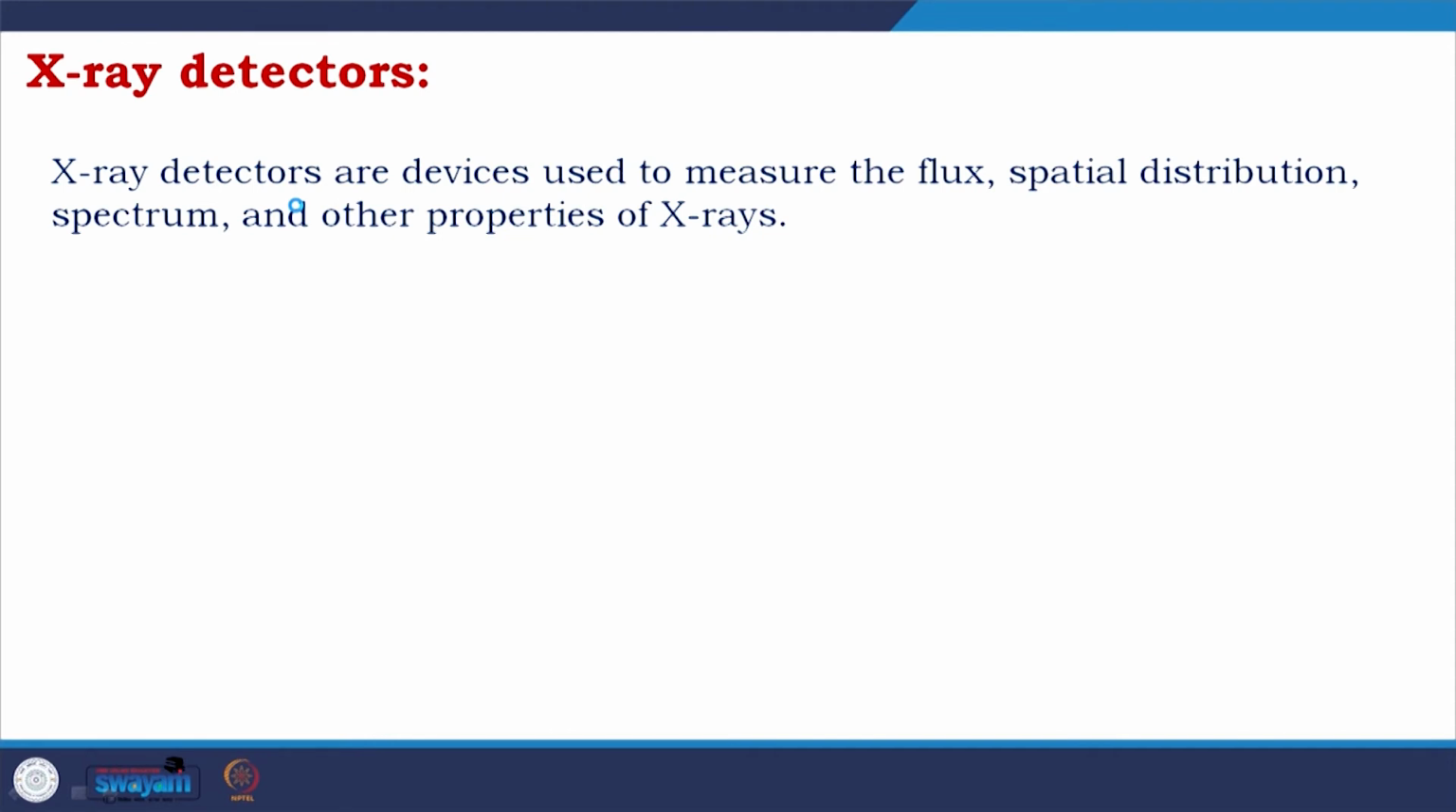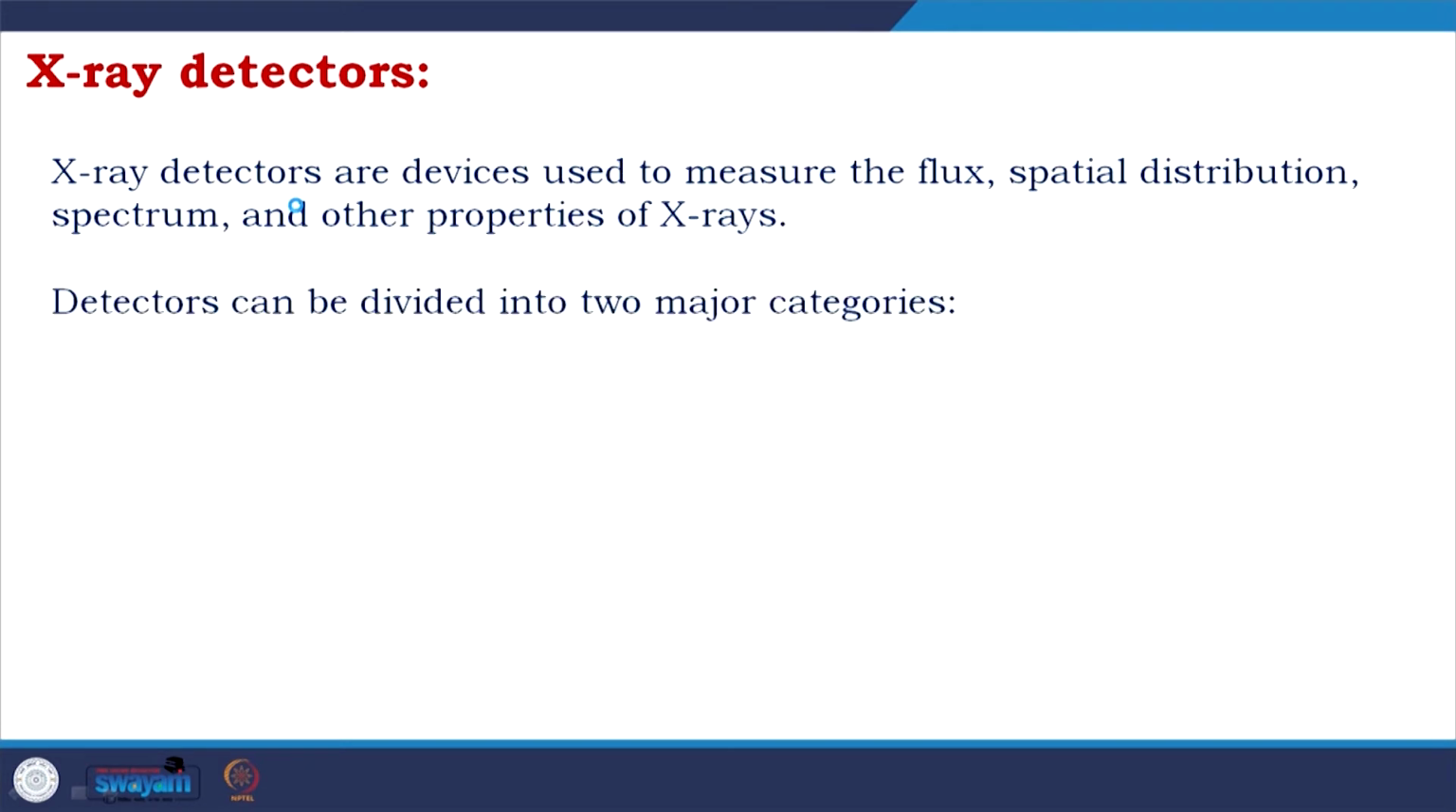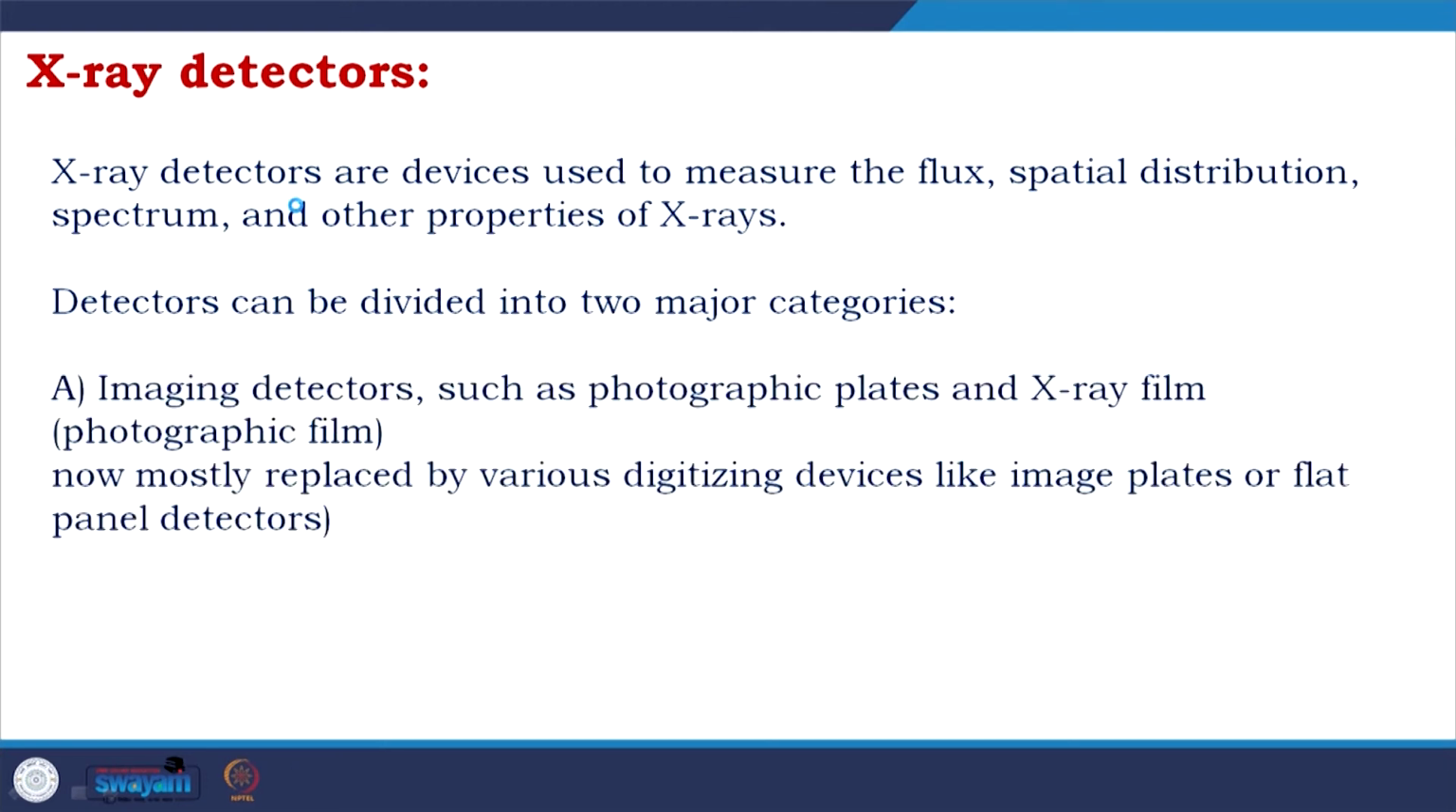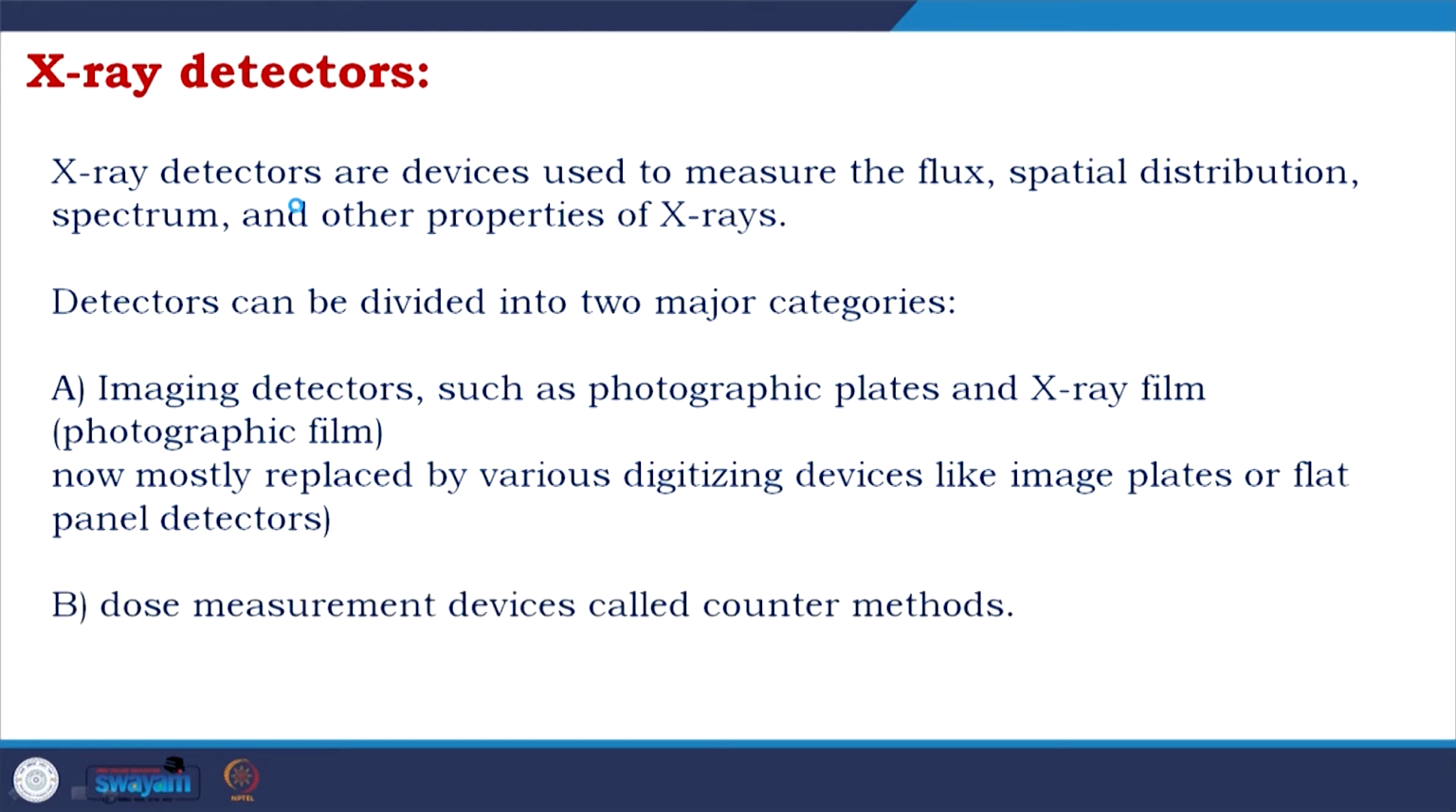Now, coming to X-ray detectors. X-ray detectors are devices used to measure the flux, spatial distribution, spectrum and other properties of X-rays. Detectors can be divided into two major categories. One, imaging detectors such as photographic plates and X-ray film, which is photographic film we used to use before. Now, they are mostly replaced by various digitizing devices like image plate or flat panel detectors, and those measurement devices